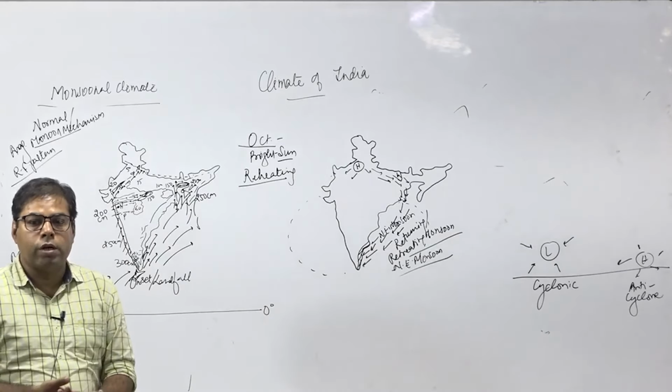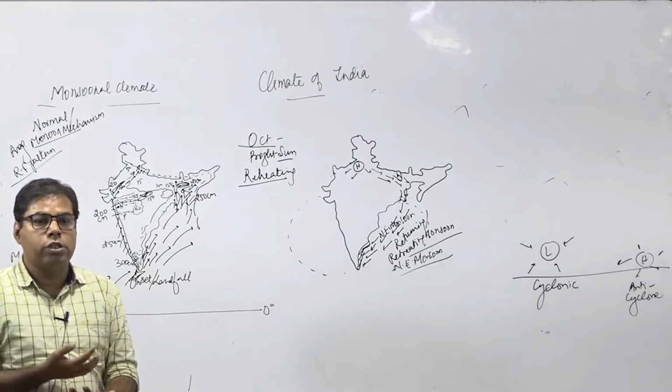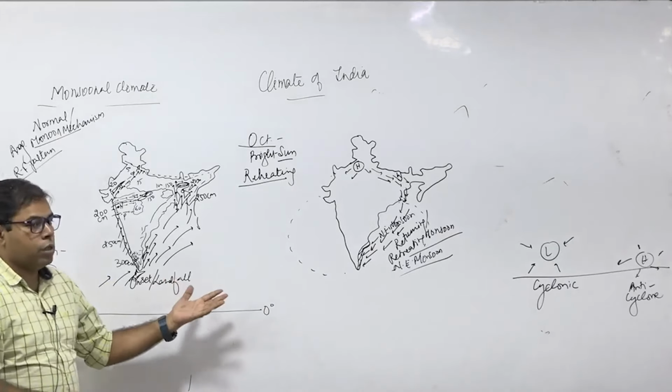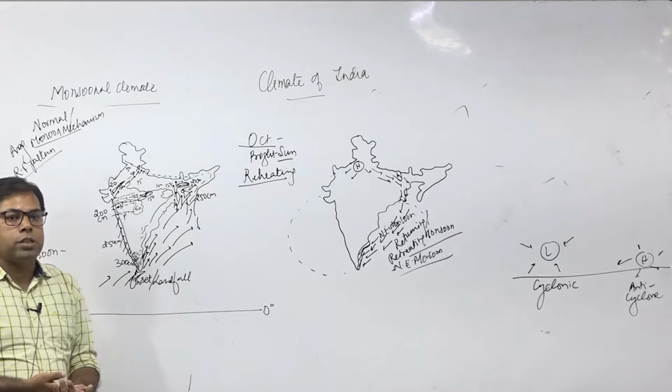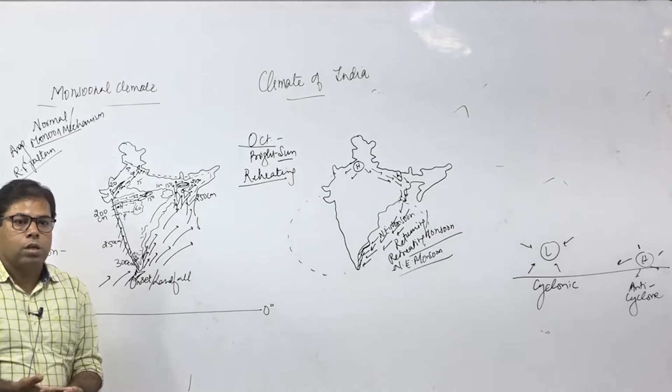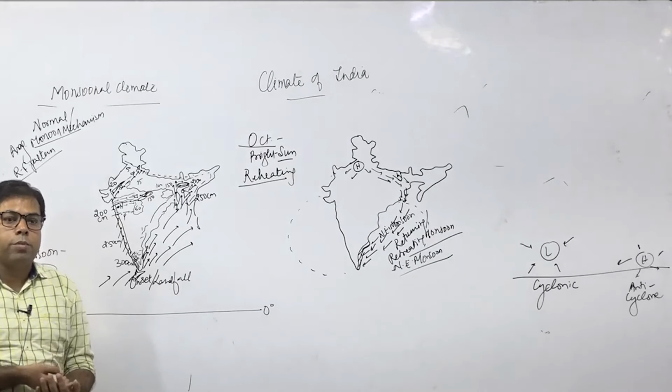What is the amount of rain for rubber and tea? This requires at least 250 centimeters of rain. So how are they receiving rain, and how is it possible? Until they receive rain in that amount, this cultivation is not possible. Right? ये book में नहीं लिखा है, ये कहीं पर भी.